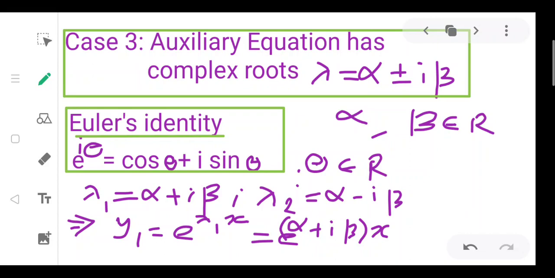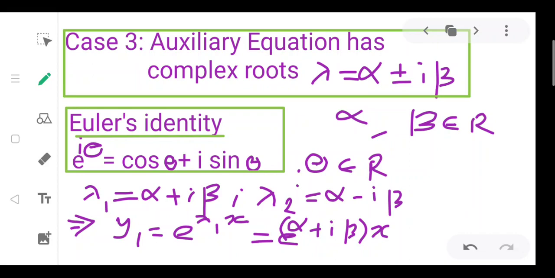You know that if theta is a real number, then e raised to i theta equals cos theta plus i sin theta. So what will be e raised to minus i theta? It will be cos of minus theta plus i sin of minus theta, that is cos theta minus i sin theta. So if you choose lambda 1 equal to alpha plus i beta and lambda 2 equal to alpha minus i beta,